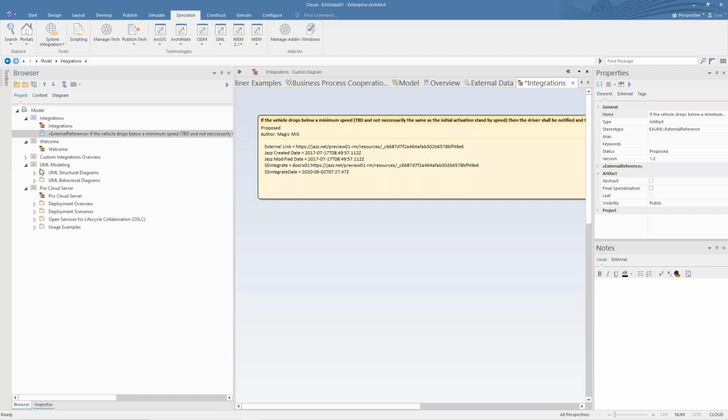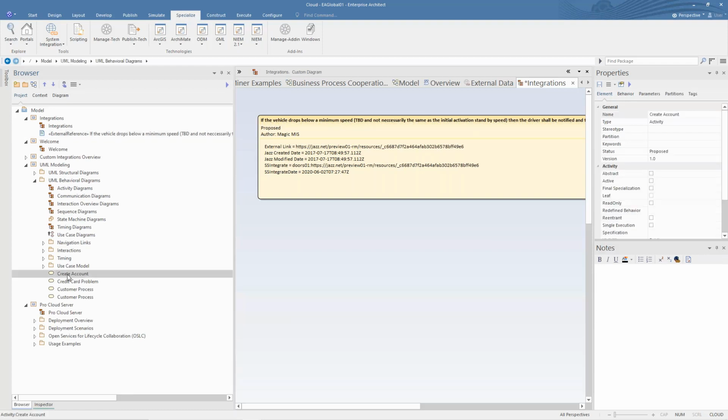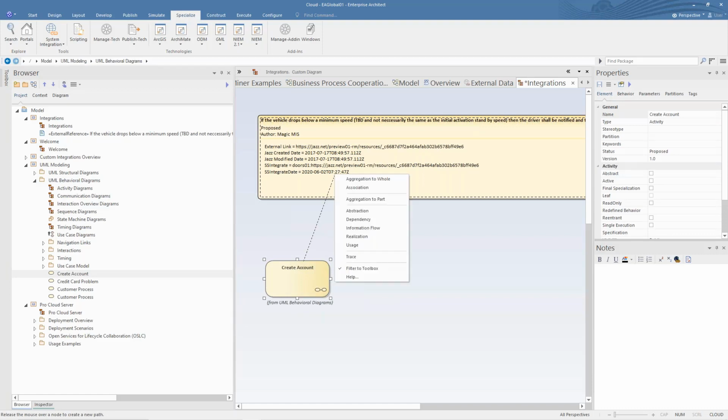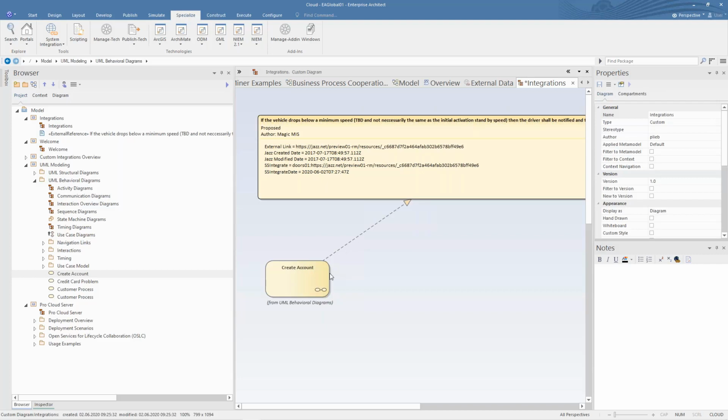So I take from the UML my behavior diagram. Let's say create account, just as an idea, and then I can make relationships to this, making a realized relationship as an example. What is very important, if this one is updated, because this can be done automatically, then this link is not lost. This is a very important information because we created the link from my design element to that one. That's very important that you have the right directions, not to lose any connections. That's the